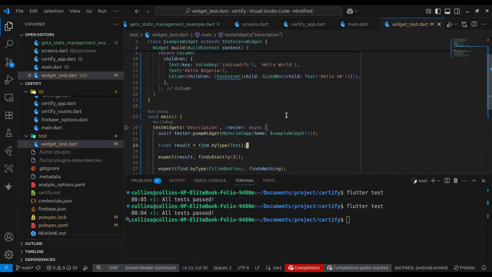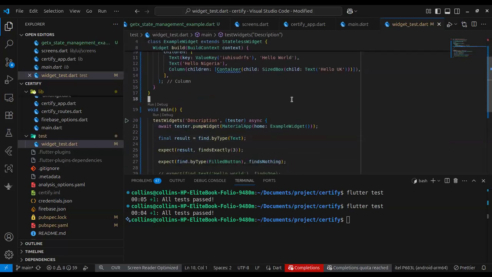So let's move ahead. This is a very simple example. With this example, now we've seen